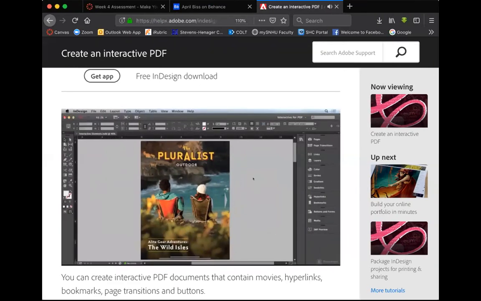inside of InDesign. Now, what I've already done is I've reset my workspace to one that ships with InDesign called Interactive for PDF. So when you choose that option, it's going to display the panels associated with that workspace. And we're going to start off by adding some hyperlinks to our document. I'm going to go ahead and go to the hyperlinks panel, and I'm going to click on this pluralist logo here. And we're going to come down here to our hyperlinks panel, and I'm going to click on the Create